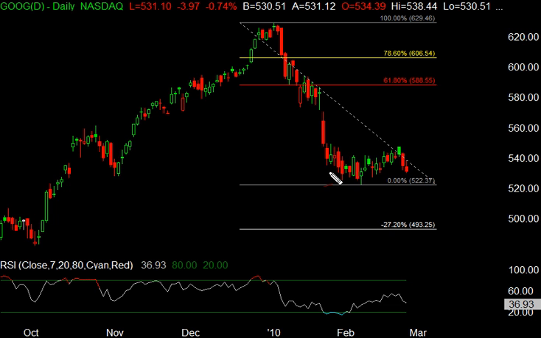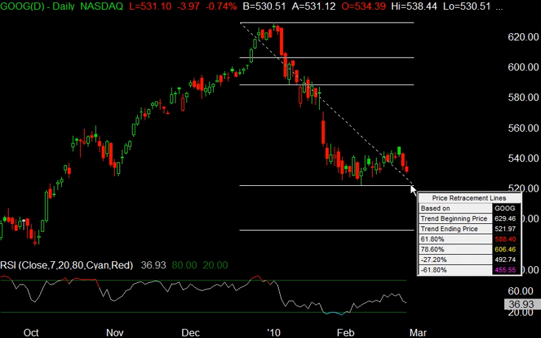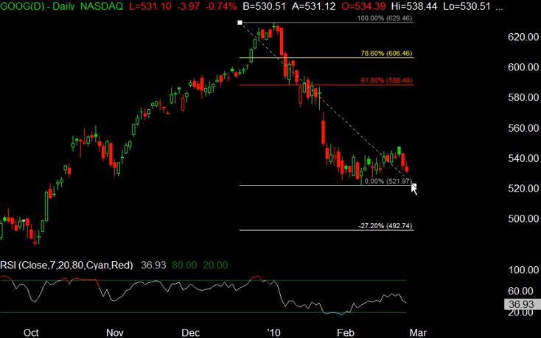So Google has made a pretty significant sell-off in the last couple of months, since basically January. It sold off from a high of about 630 down to 530. So sold off about $100. Now the interesting thing is, and one of the things that I talk about all the time, is understanding